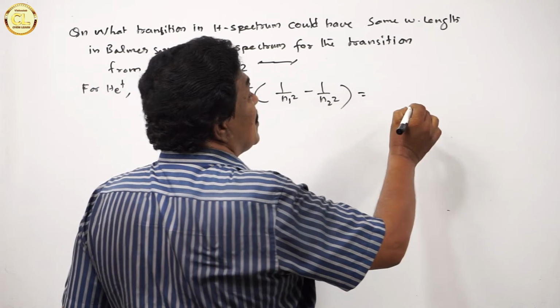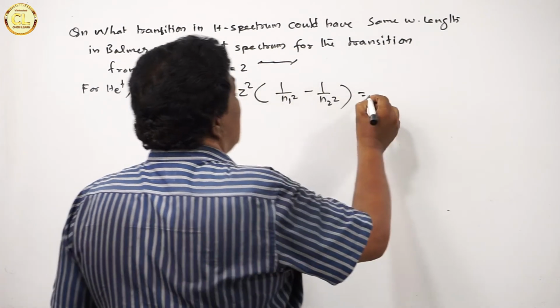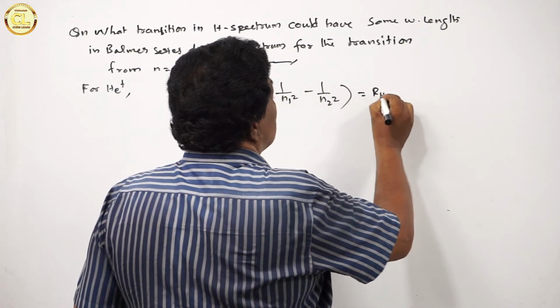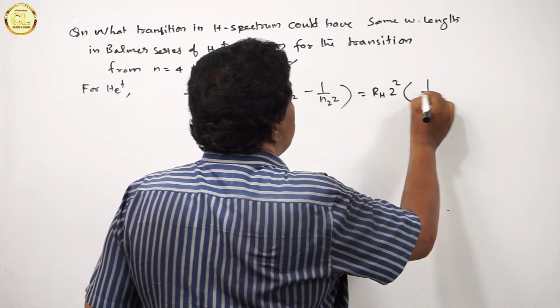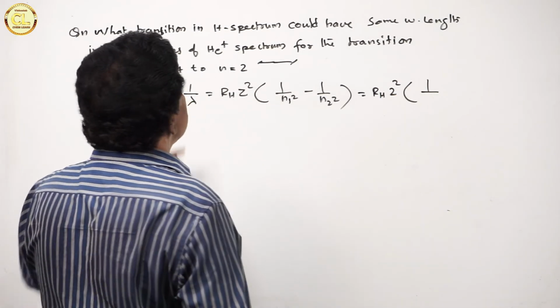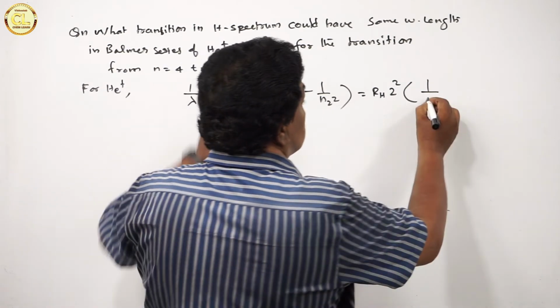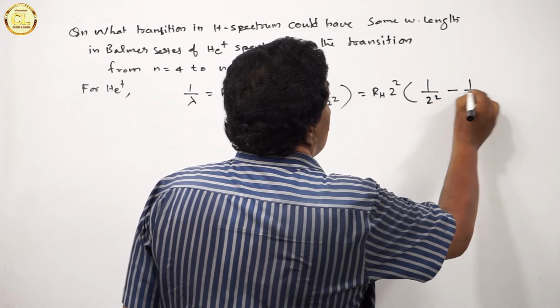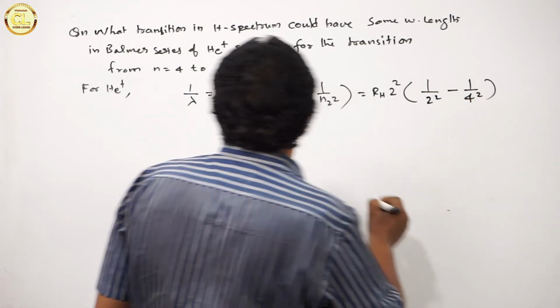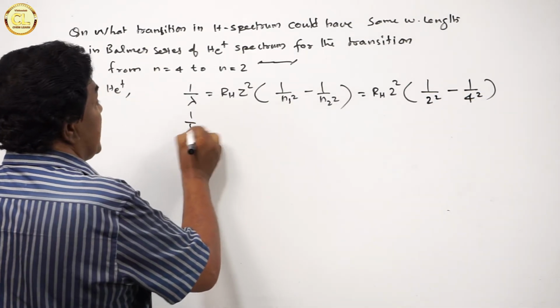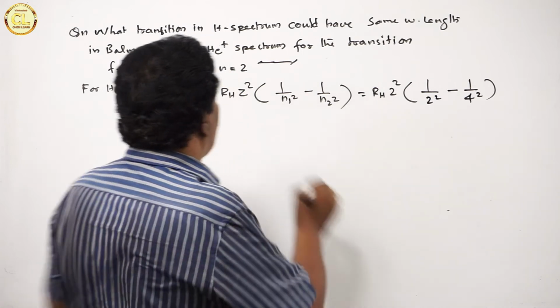Here Z is 2 for He+. Therefore, R_H into 2 square into 1 by the transition in He+ is from n is equal to 4 to n is equal to 2. So 2 square minus 1 by 4 square. That is 1 by lambda is equal to,